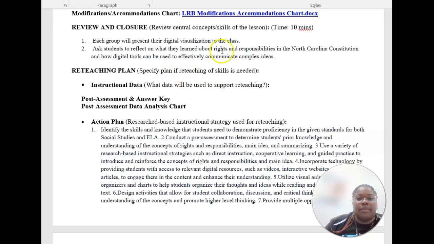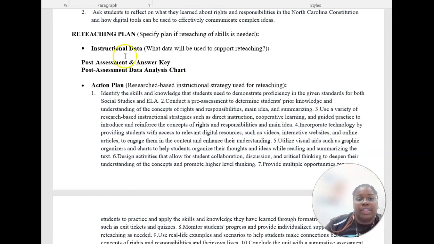All right, next we have review and closure. This will take up to 10 minutes where each group will present their digital presentation to the class, and I will ask students to reflect on what they learned about rights and responsibilities in the North Carolina Constitution and how digital tools can be used effectively to communicate complex ideas. My reteaching plan,